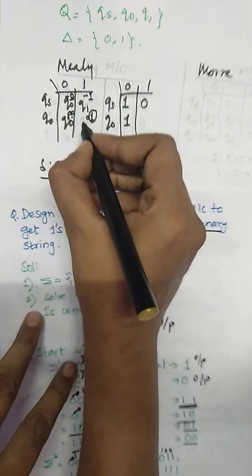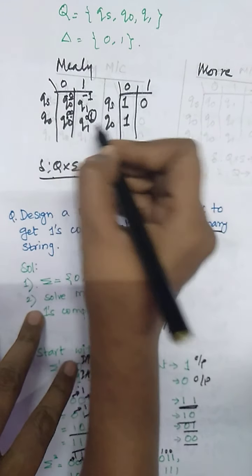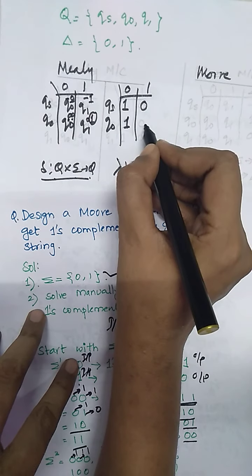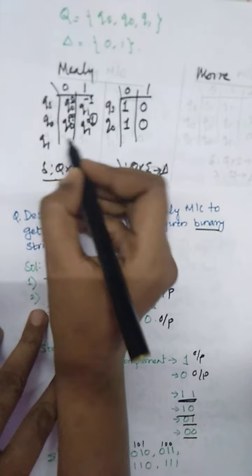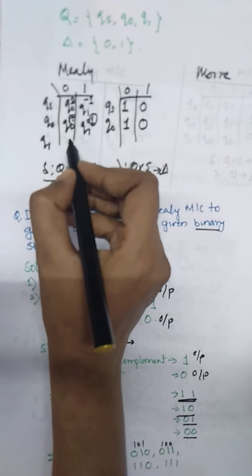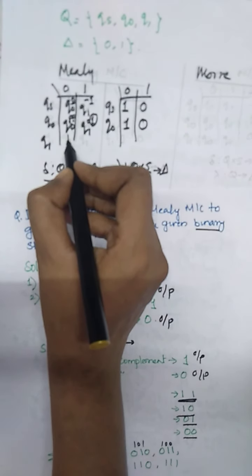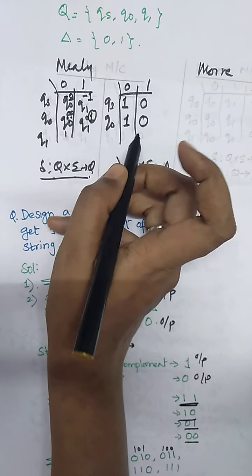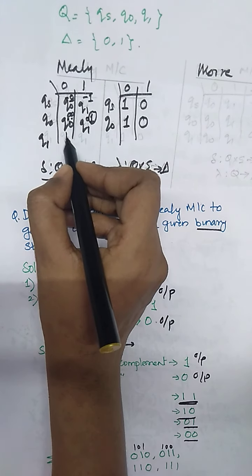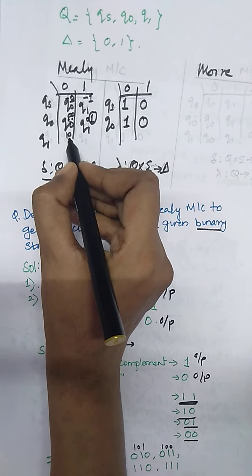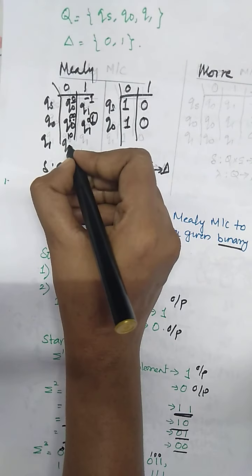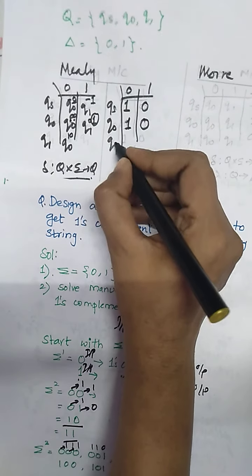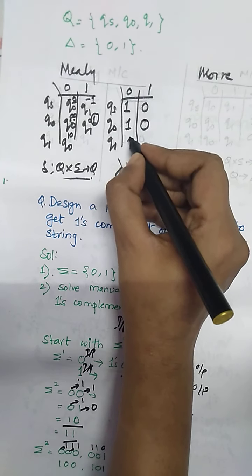So where are we going? We are going to q1 state. What is the output of q1 state? It is 0. The next reachable state is q1. Previously we had considered q1 as the input string 1 whose output is 0 here. So this is already considered, with the next bit as 0. Input 0 is marked by q0, so it will go to q0. What is the output of q0? It is 1.